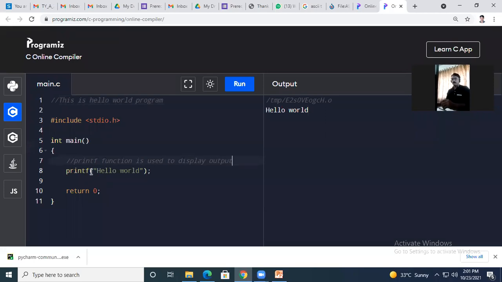Now if anybody doesn't know for what reason I have written this printf function, with this I can easily come to know the printf function is used to display the contents. If I run the program, this comment line will not appear, but I can understand for which reason this printf is added. Did you understand why comments are used?